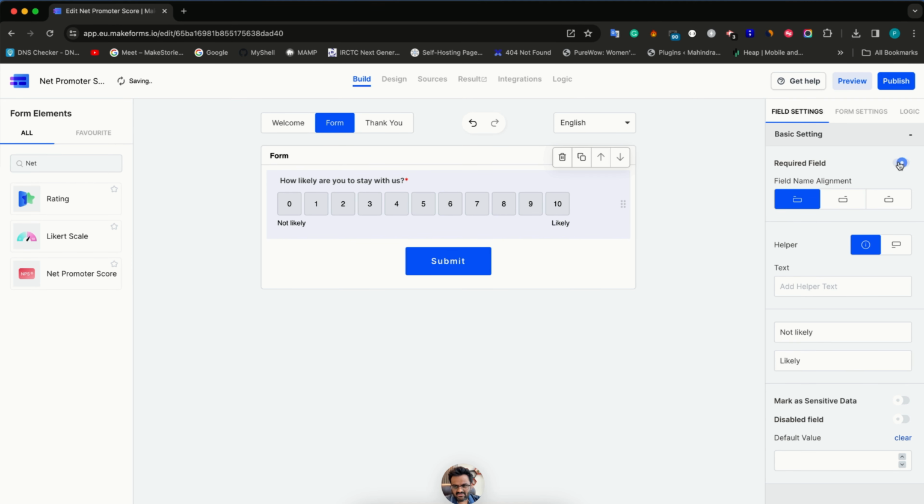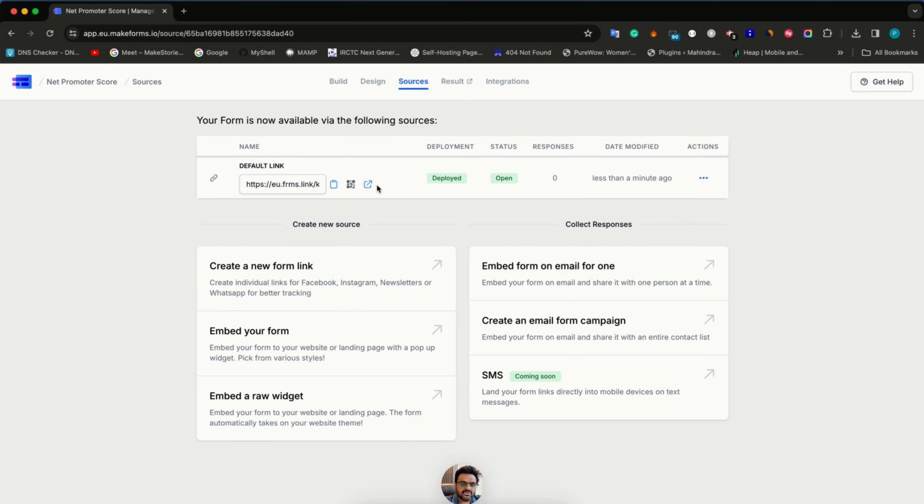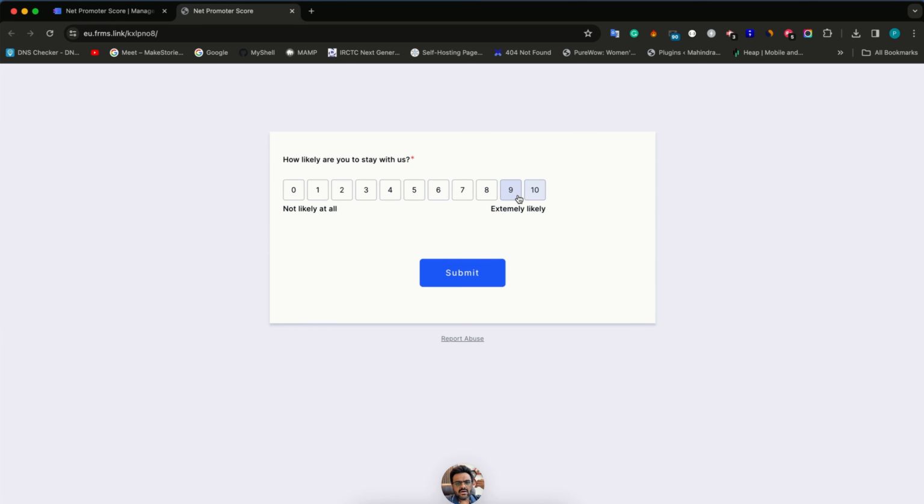This can be marked as a required field, and you can have the helper text. Normally what would happen is that you would collect all this data, and let's say you've got all those promoters and the detractors, so you'll have to calculate everything manually by yourself. So what MakeForms does for you,